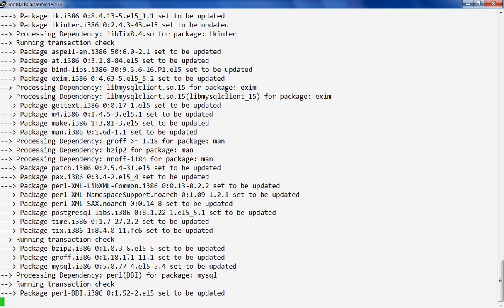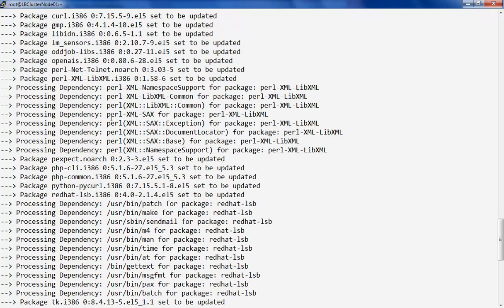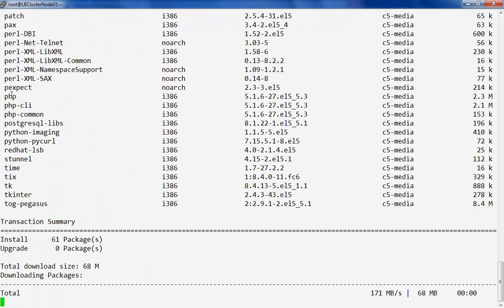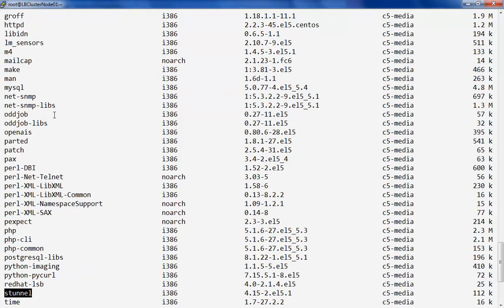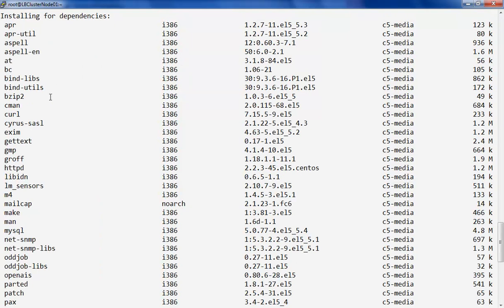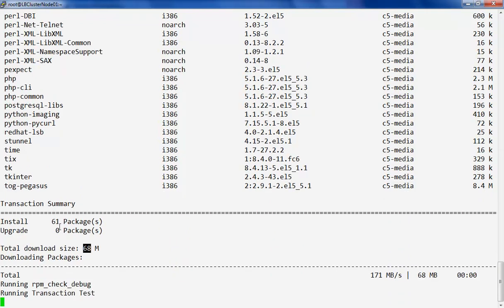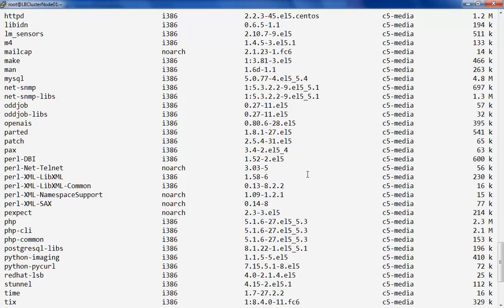Okay, so it's installed in MySQL. It has installed PHP, I think. Alright, so it has installed PHP, installing Stunnel. These are all dependencies really. Okay, so it's about 68 megabytes in size and about 61 packages, so this might take a while,